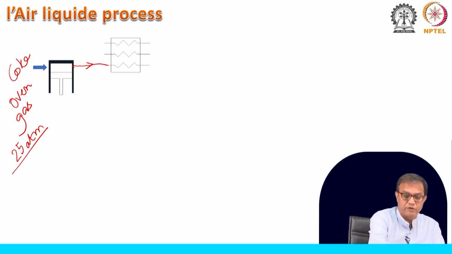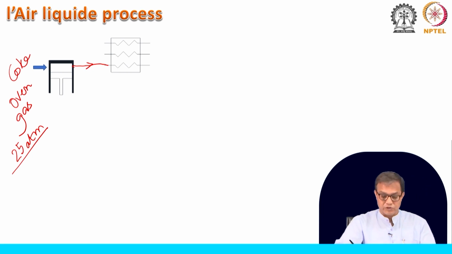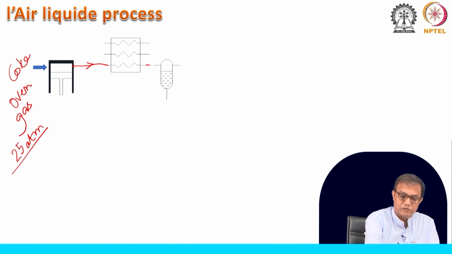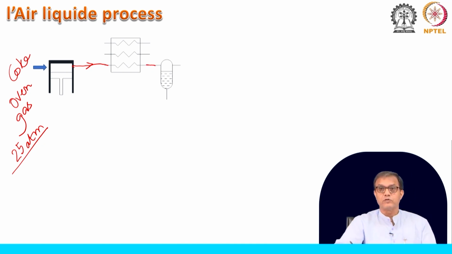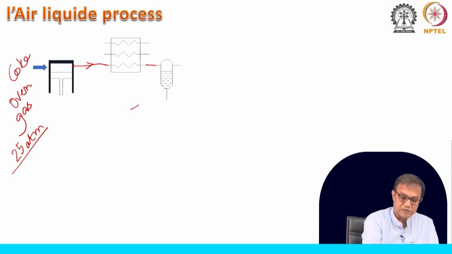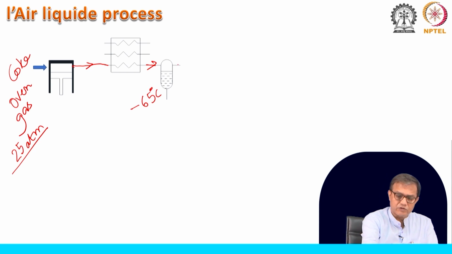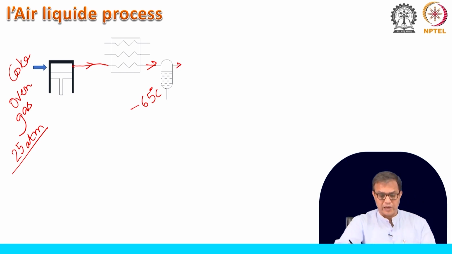We will try to identify the other streams which are cooling this high pressure coke oven gas. Then, as I have told earlier also, if it is cooled to a sufficient level, it is coming to nearly about minus 65 degree centigrade. So, at that temperature you will find some propylene will be condensing. So, this propylene will be taken out from here, and the rest of the compressed coke oven gas will come,